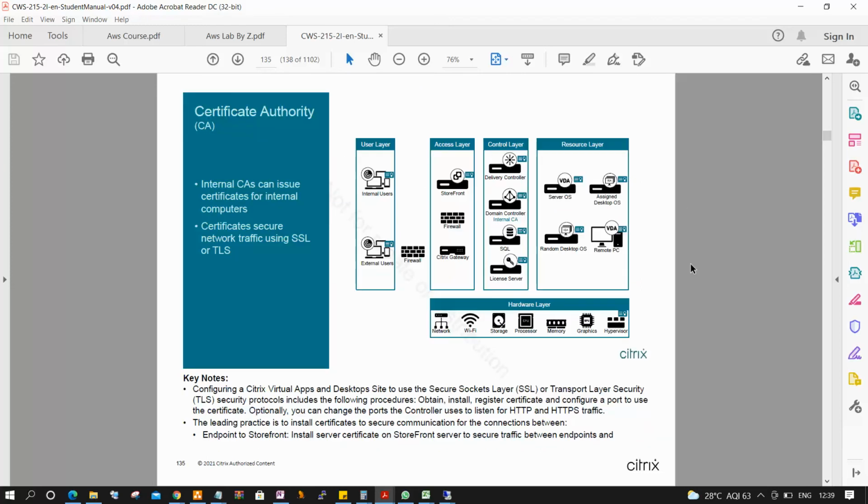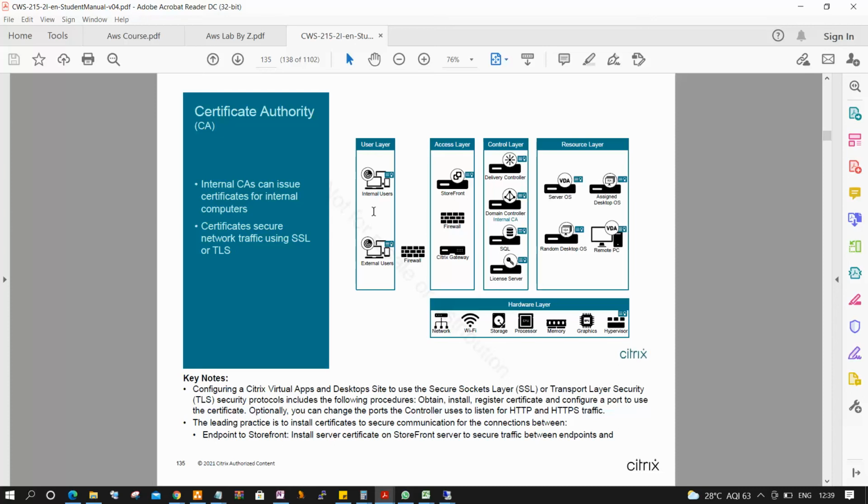The next one, certificate authorities. We are not configuring the certificate authority on day one. Going forward, we have a service called security service. In that area, we will configure the certificate authority on a separate server, and based on that we will provide certificates wherever the server requires.